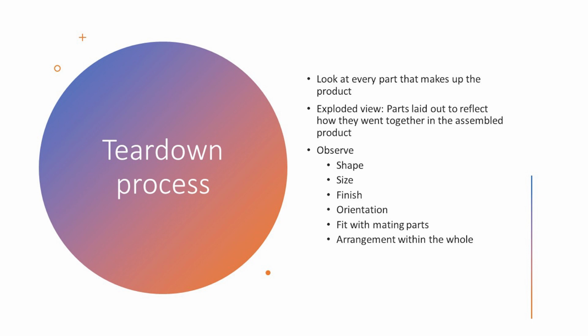Okay. So, you create your exploded view, then observe it in terms of its shape, its size and its finish. So, 3 key attributes that people typically look at: shape, size, finish. But that is not all, you want to find out also how are they oriented, how are the parts aligned, in which axis. So, shape, size, finish, orientation, these are the things that you want to find out, and then you want to find out how they mate. How do they mate to create the final product, and how are they arranged within the whole product. So, all of these attributes you need to observe them,